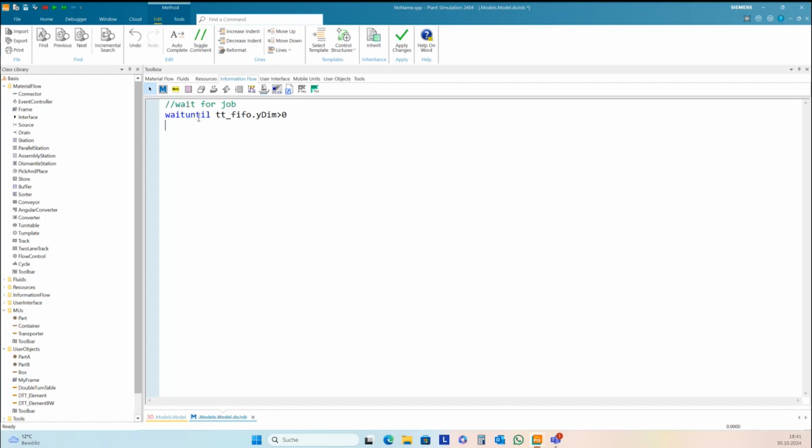If this is bigger than 0, then I have a job. I read the first entry of this table, and then I delete this first row here.